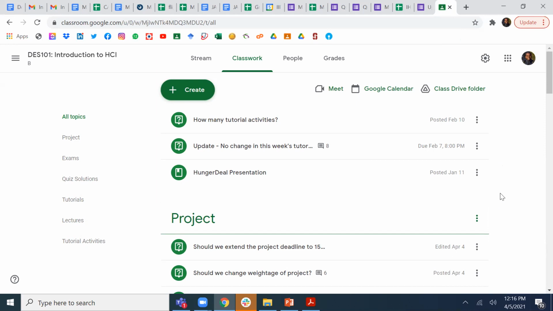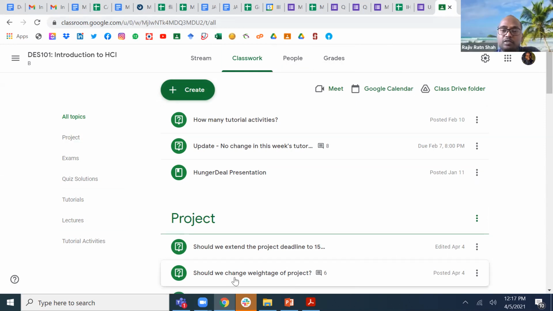So if all people have contributed equally, then all of us will get bonus 5 marks. Yes, we can give equal marks. That's why we want to encourage teamwork, right? If all students in the team contributed equally, we can give bonus 5 marks to everyone. If some people contributed more and some contributed less, the person who contributed more will get more marks as compared to the person who doesn't contribute.